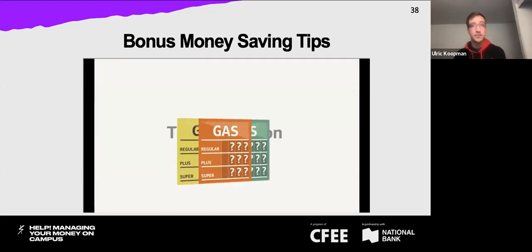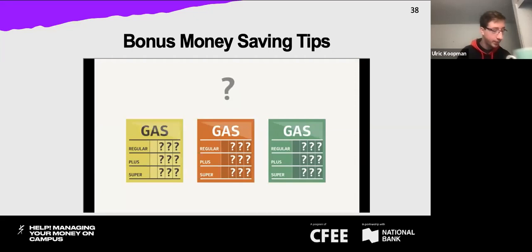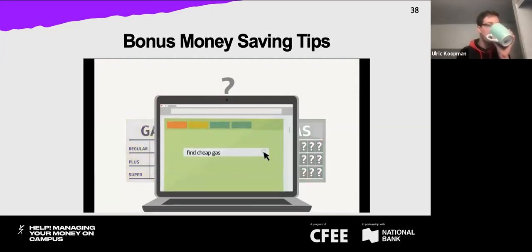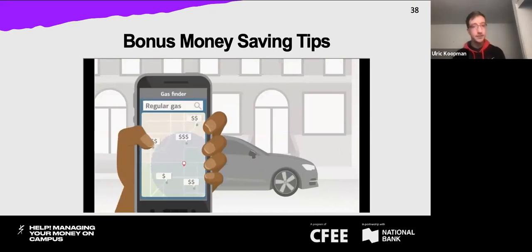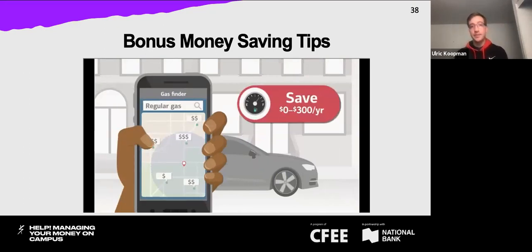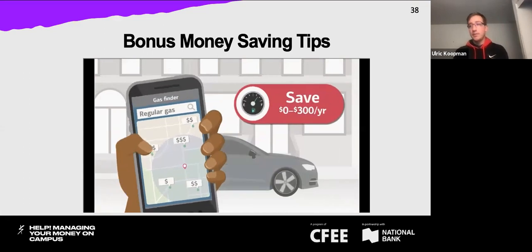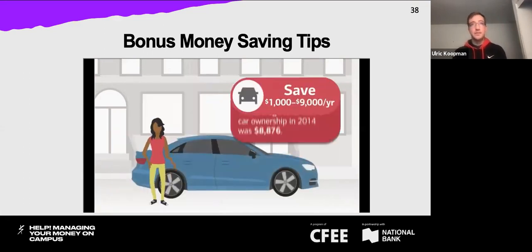Let's move on to transportation. Gas prices can be unpredictable, but technology could be a way to help you save. There are plenty of websites and apps that can help you locate which gas station in your area might be offering the cheapest prices. And depending on how often you drive and where you live, you may consider ditching your